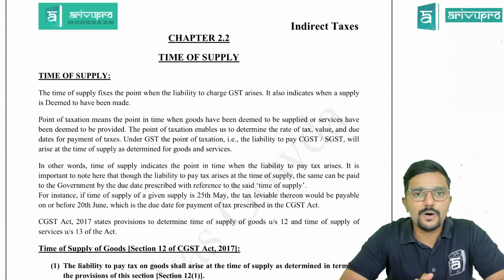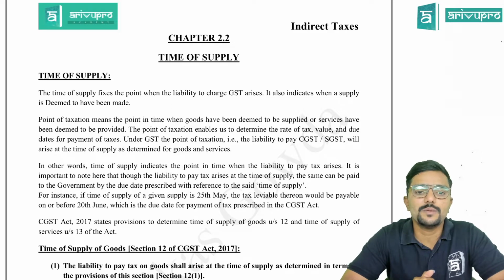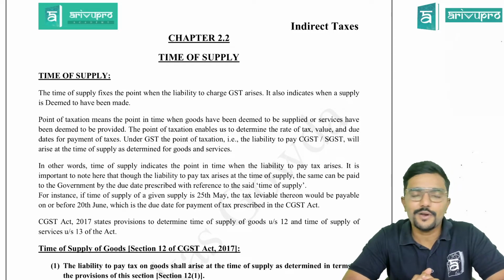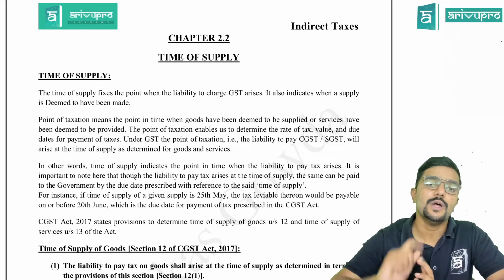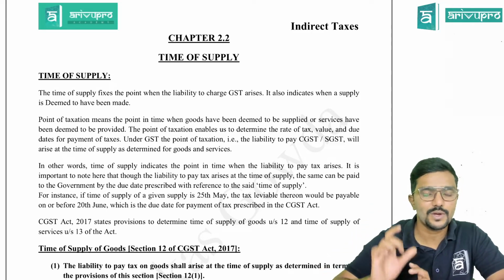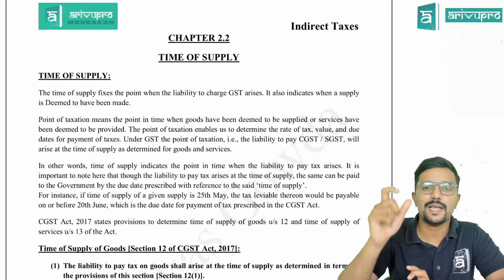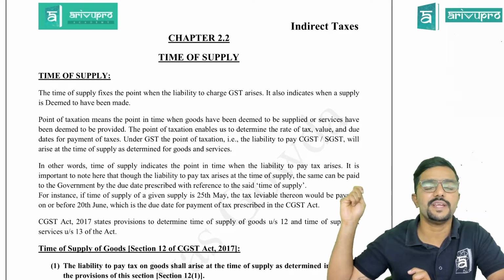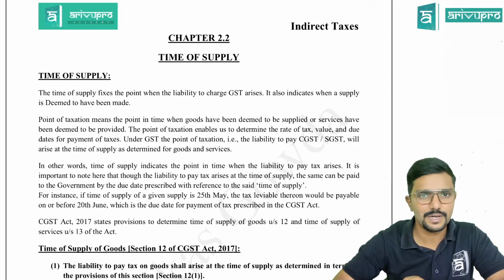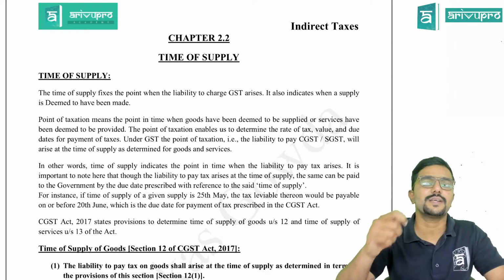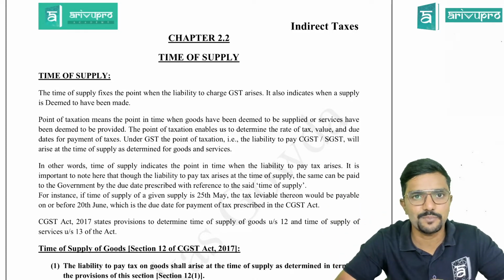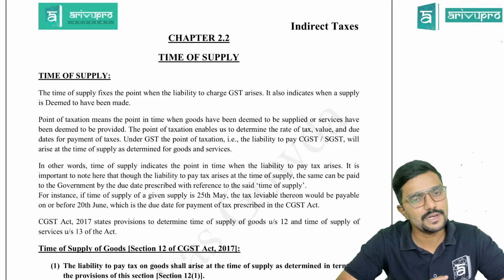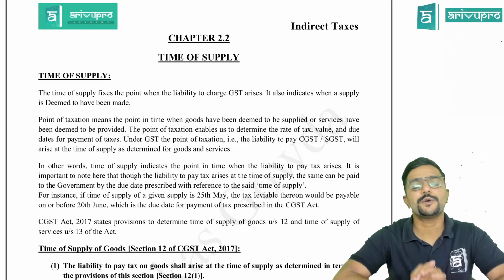In this video or in today's class, I would be covering chapter 2.2, which talks about time of supply, guys. Before I start, this time of supply is a part of your chapter 2 as per ICSI material. As per ICSI material, time of supply or the next chapter 2.3 is a part of your chapter 2. Clear? But I have done it as a separate chapter, like chapter 2.2, chapter 2.3 and all. So we'll be covering accordingly as per my material, guys. Clear? Yes, sir. So now coming to time of supply.